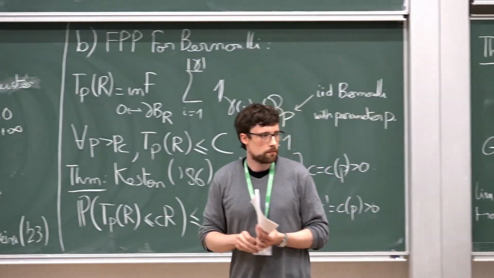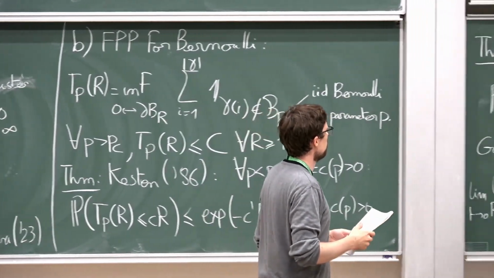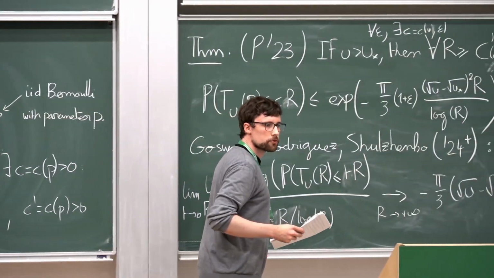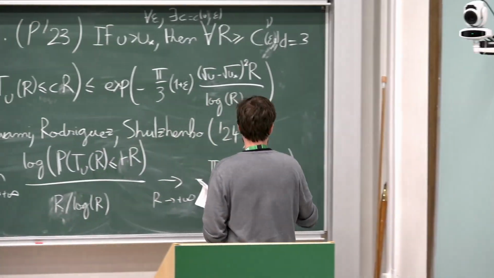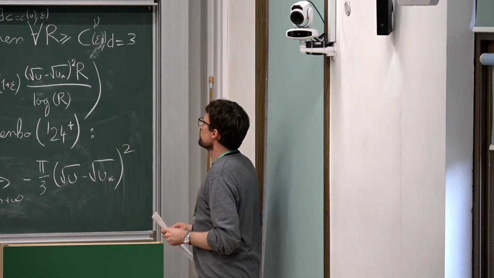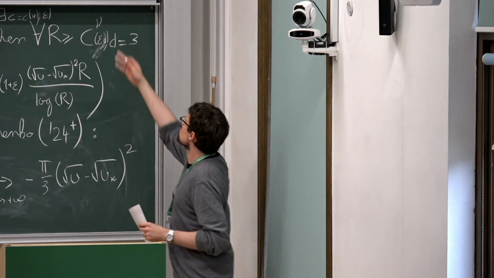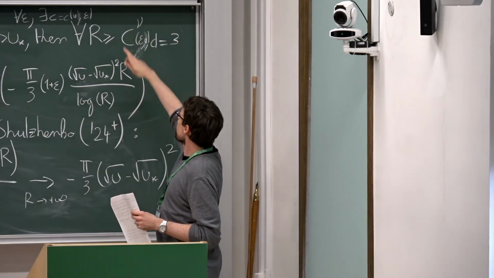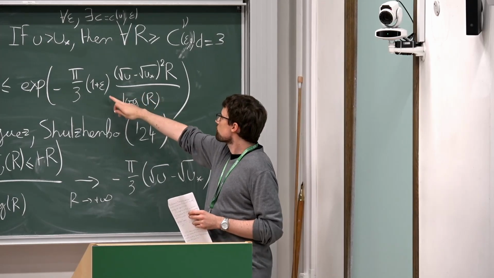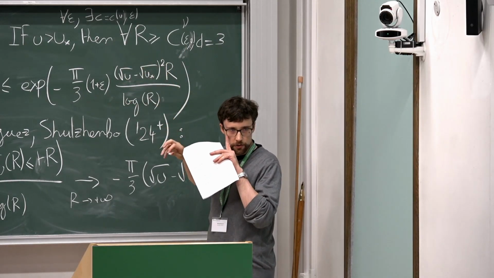Sorry, what happens to the 1 plus power 5? I mean, it's qualitative. What happened to what? On the log R. Above you have log R to the 5. Yeah, so this is a better result. You have two improvements: the improvement from log R to the 5 to log R, and you also get the correct constant in front.